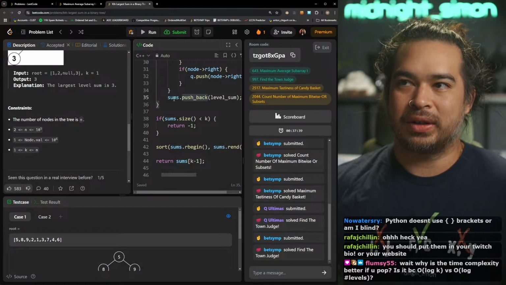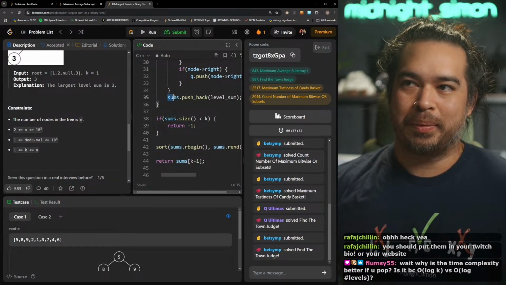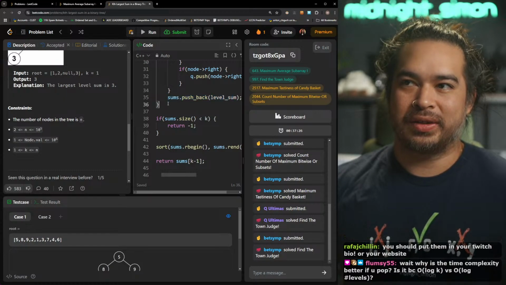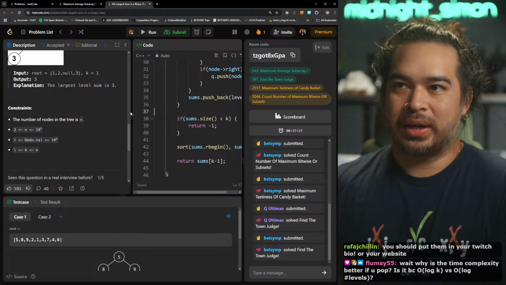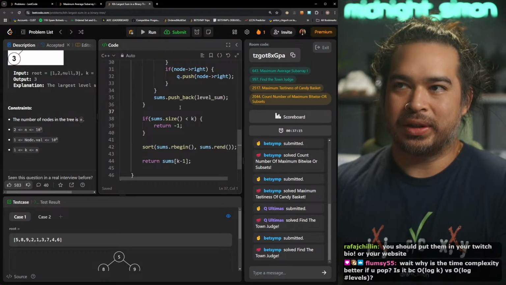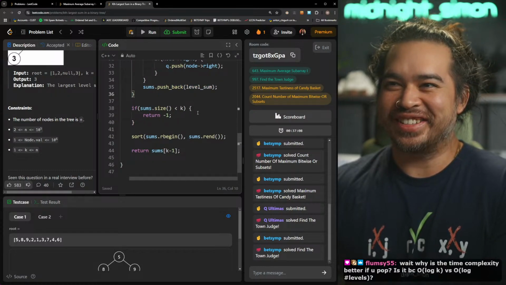So every insert is going to be log n or log 100k. But if you popped as soon as it grew bigger than k, then the insertion time is bounded by what k is instead of bounded by how many elements there are. So that's why the time complexity would be better if you pop. I hope I'm not wrong, man, but that's what I've always understood.